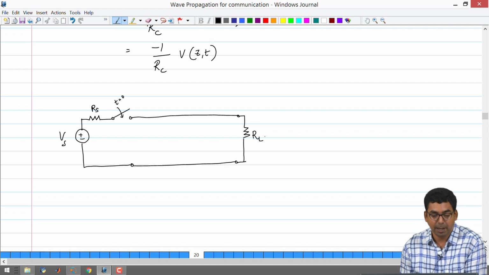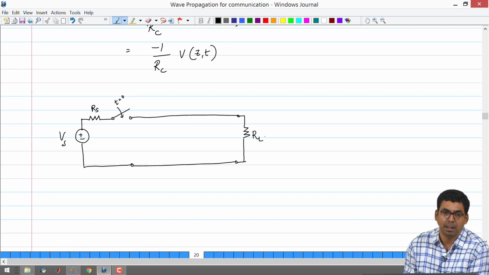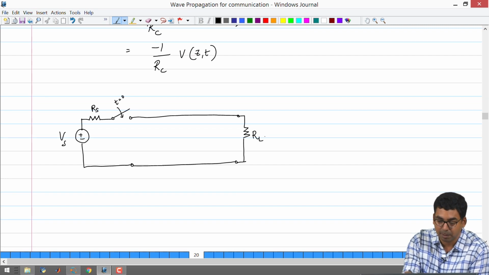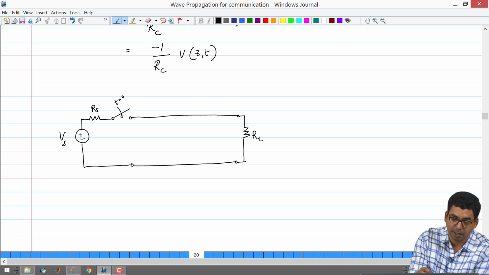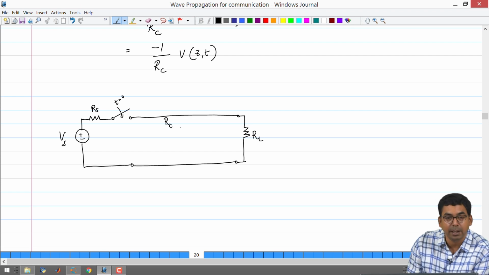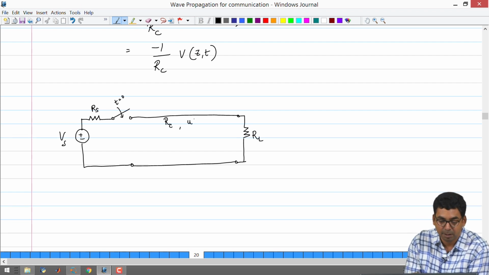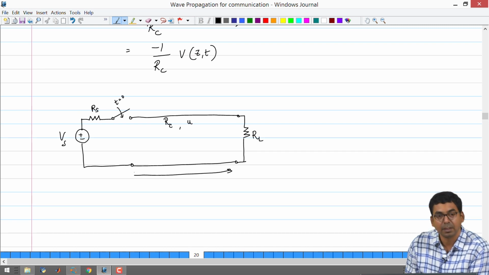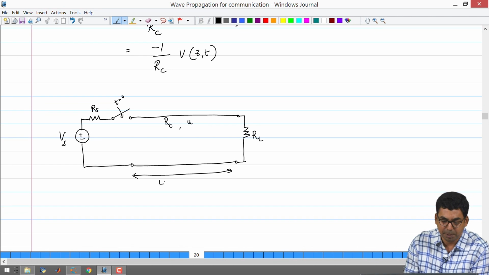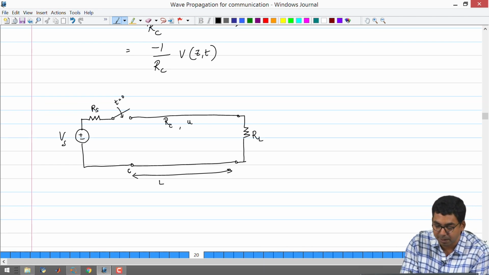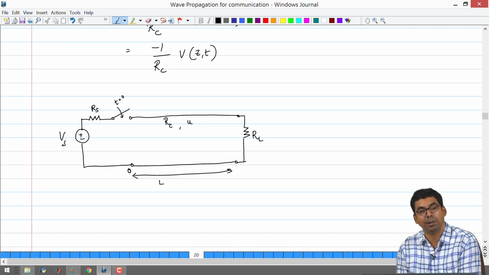Okay. In order to indicate that I am dealing with transmission lines, I will make some subtle changes to my circuit diagram. First of all, I have marked some regions with circles over here to indicate something. On top of that, I can also say that its characteristic resistance is Rc, velocity is u meters per second. I can also say that the length of the transmission line is going to be L, and to be precise, one can always say that you will have to mark this to be 0 of your transmission line and L of your transmission line.